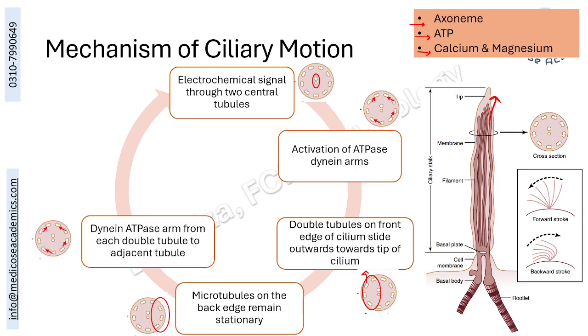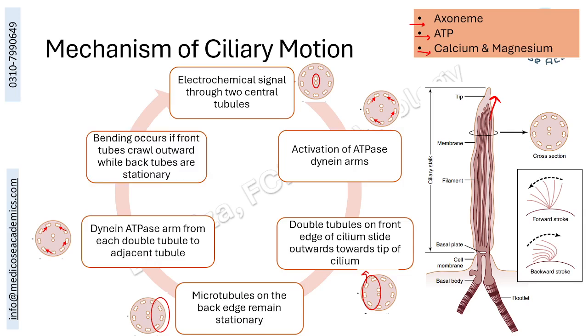This coordinated movement, with the front edge moving and the back edge stationary, along with activated dynein arms, led to sliding of each doublet over the adjacent doublet. Dynein ATPase arms link each doublet tubule to the adjacent doublet tubules. The ultimate action would be bending, as the front tubules crawl outward while the back tubules remain stationary. The whole cilium will be bent forward like this, and all cilia move forward in a rapid